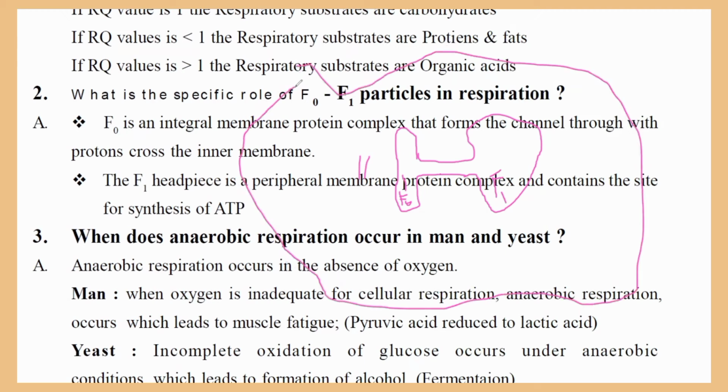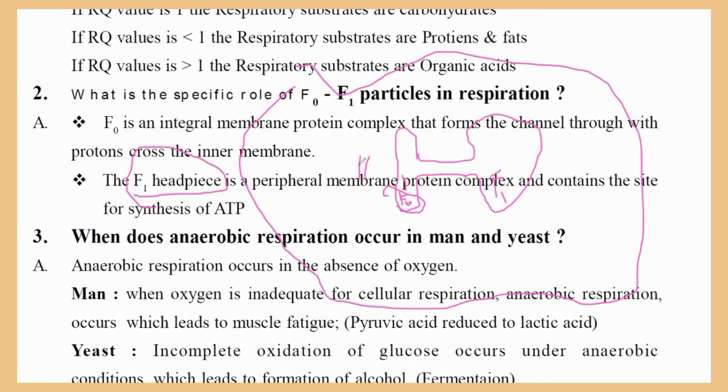So in the mitochondria, respiration takes place in the elementary particles. When you take the elementary particles, the main F0 part is like the tail part, which is present inside. This part is present inside and it is the F0, and this total part is present outside. It is the head part. So the headpiece is the outer part.